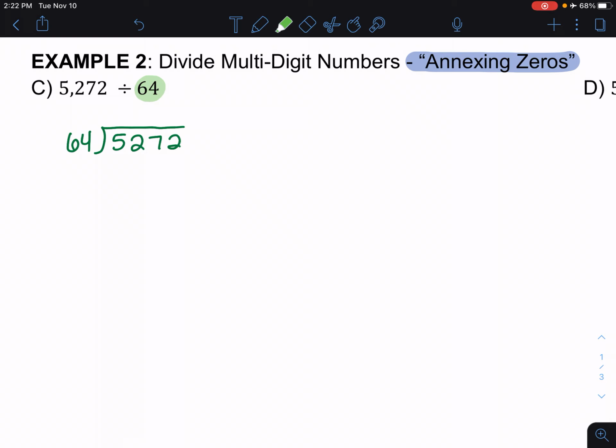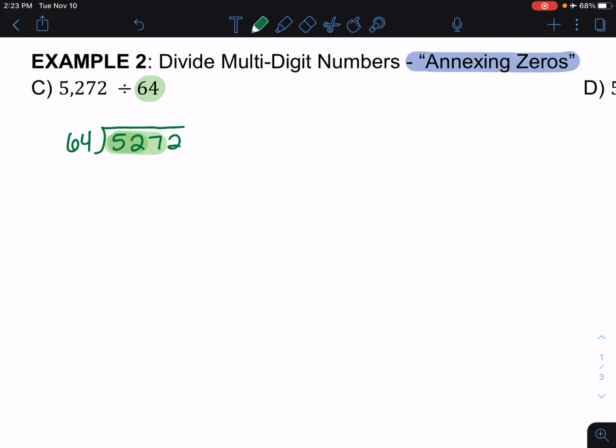When I look at my first two digits, 64 does not go into 52. So it doesn't go into 5, it doesn't go into 52, so I'm going to go all the way over to 527. And I need to figure out how many times 64 goes into 527. Well, if I try to estimate and say, well, 64 is close to 60, and 9 times 60 is going to be 540. So I know somewhere around the 789 mark, 540 is going to be too big. So if I try 8, 64 times 8,